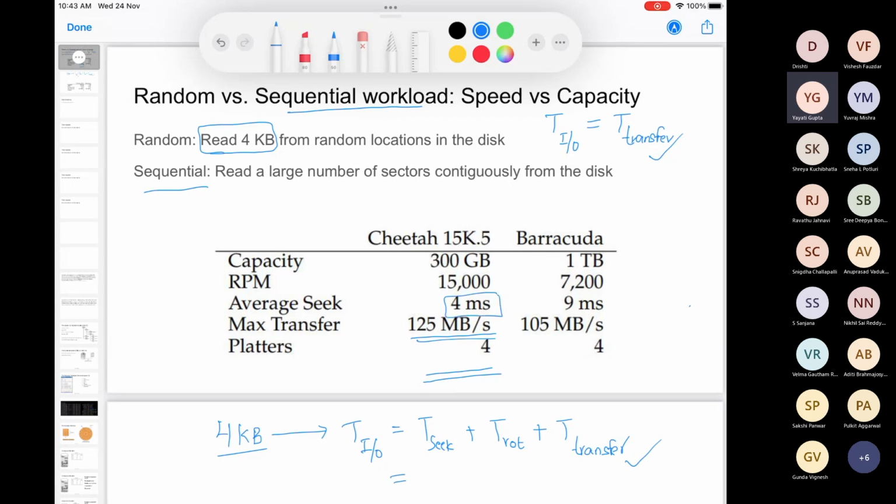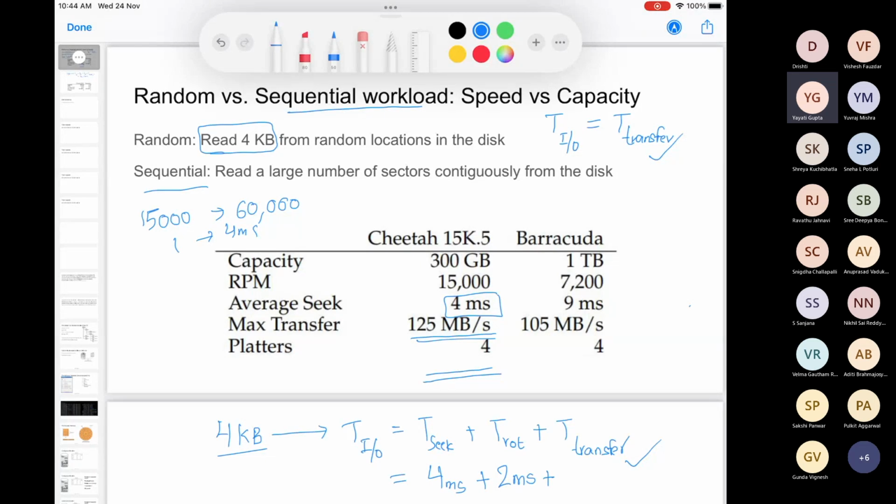So what happens in this particular case? What is the average seek time? It is 4 milliseconds. Can you calculate the rotational latency and tell me how much it is? The speed is given to you as 15,000 rotations per minute. Now what is the rotational latency? 2 milliseconds, right? Can others calculate it quickly? Does everyone agree? Right, so 15,000 rotations in 1 minute, which means in 60,000 milliseconds. So one rotation takes 4 milliseconds. Rotational latency is 4 by 2, right, so 2 milliseconds for this.